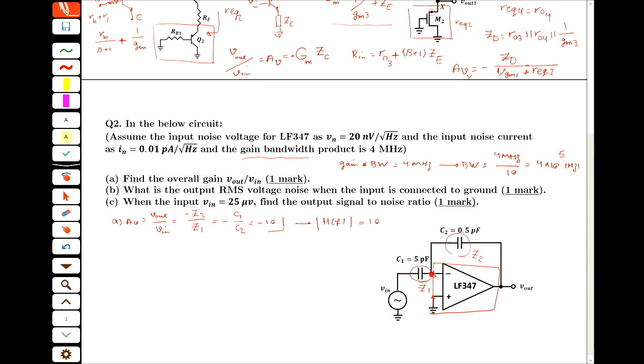Where is the input? Input is here. Why here? Because I apply my input signal to here. If I apply my signal to the positive, then the input is there. So you replace this with a noiseless op amp, and then it has Vn and In to ground. And this is your out. So we have two sources of noise, Vn and In. To calculate the noise,